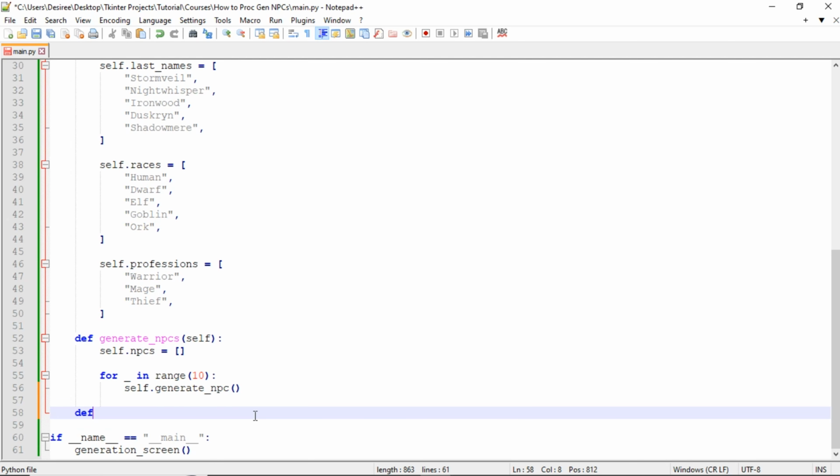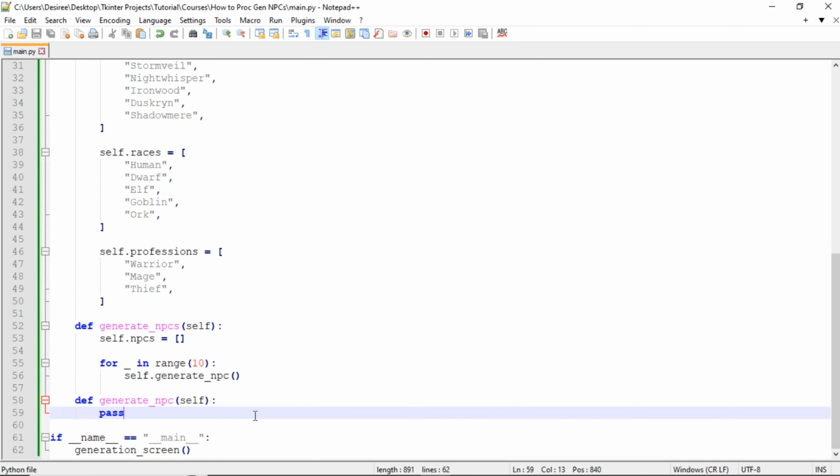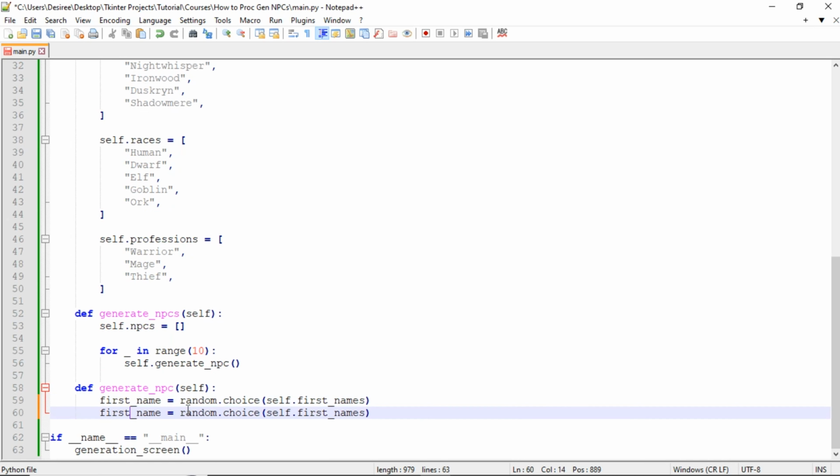So we'll do define generate NPC self. This function is focused on randomly selecting the data for each NPC. So we'll start by just randomly selecting a first and last name. We do first_name is equal to random.choice self.first_names, and then we'll do the same for last name. So last_name is equal to random.choice